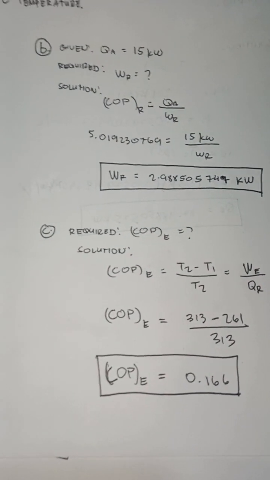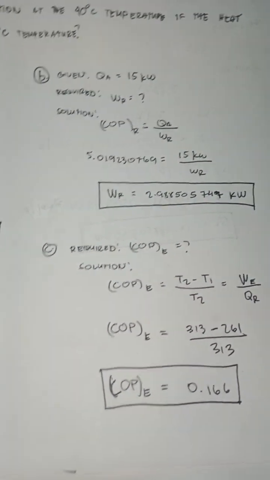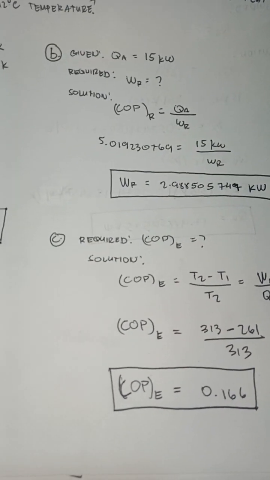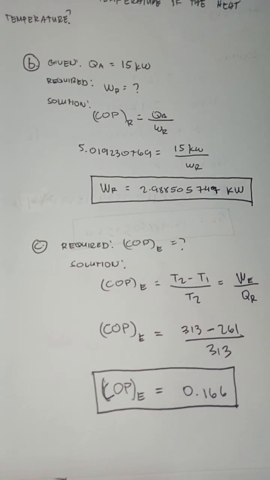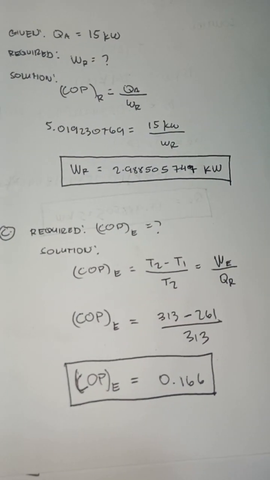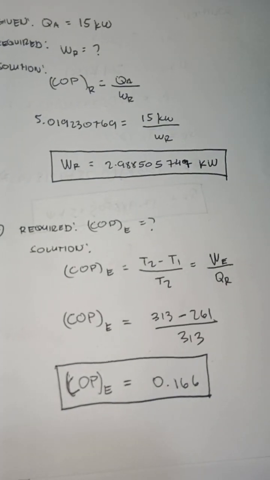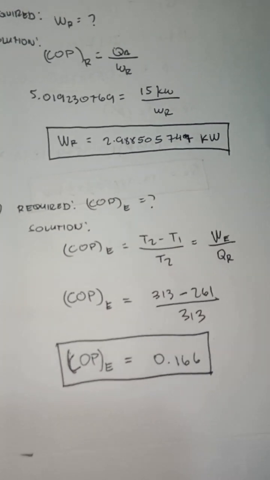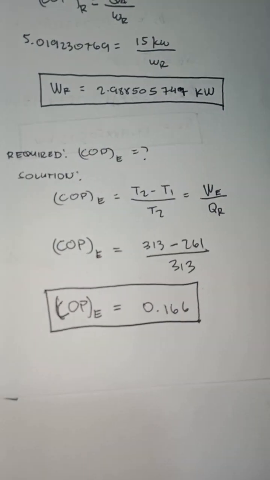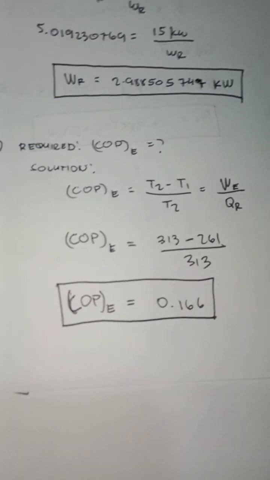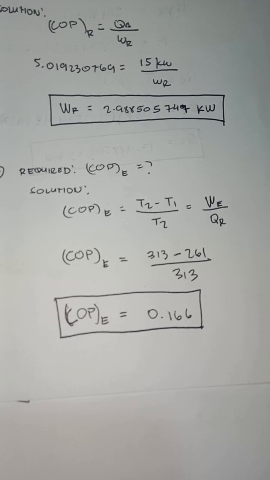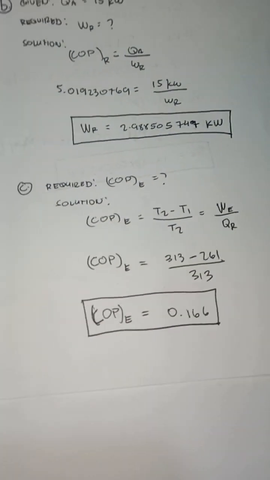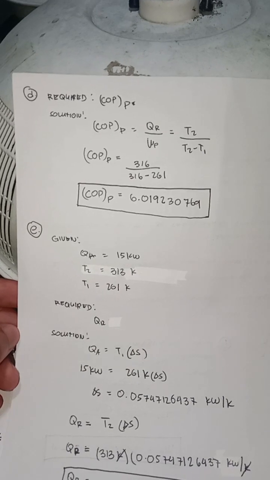So C. Required is the COPE, or the coefficient of performance of the heat engine. The formula is T2 minus T1 over T2, or WE over QR. Then substitute 313 minus 261 over 313. Then solve. COPE equals 0.166. And letter D, here the required is the COPP. The solution,